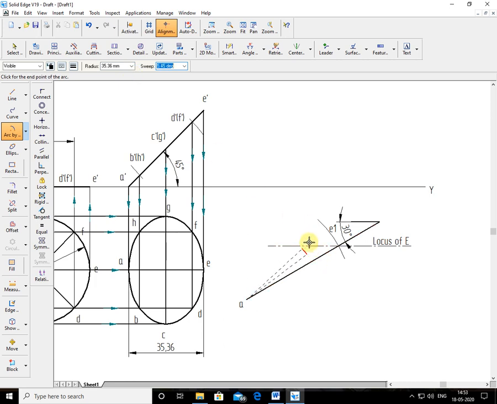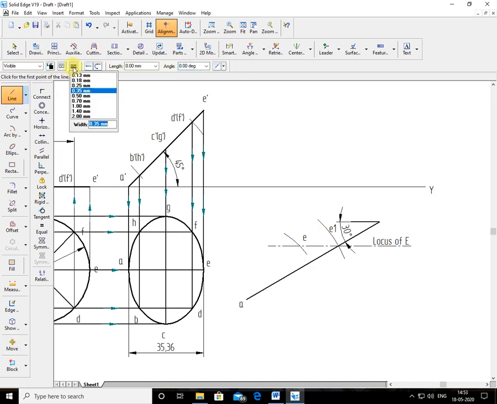Now I'll transfer this E point. This is the actual E. Now I'll join this by a continuous line. Okay, 0.5 here, because I am taking 0.5 to see these lines clearly on the video. Now sometimes it takes a midpoint. See the midpoint of the line. If you have more than half here, I want the intersection point. You can see here, so from here I draw. This is the point. This is the AE.